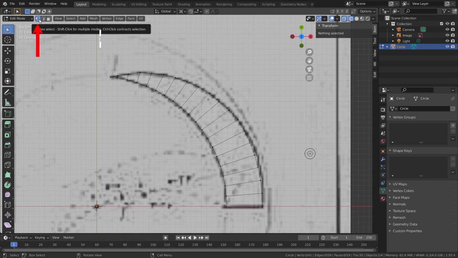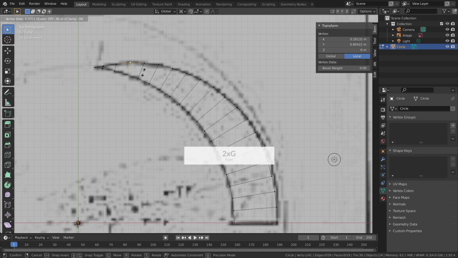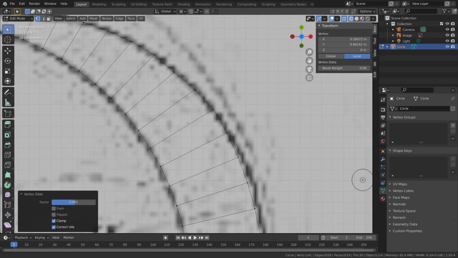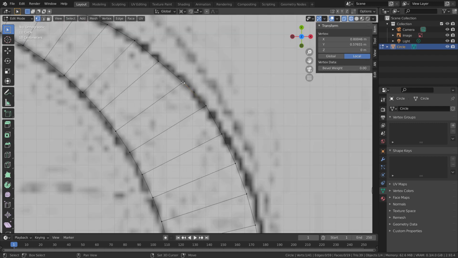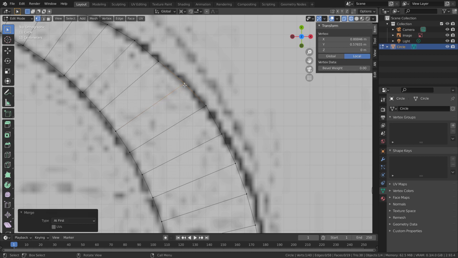Change to vertex select, and we will move some vertices. Double G, and now we can slide a little bit lower. Okay, here is so far so good. Oh, here we have one vertex too many. So select both vertices, press M, and for example we can choose At First, so it will merge at first. We will put this a little bit up to have a good round